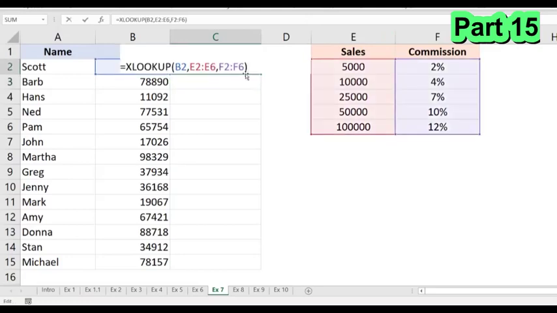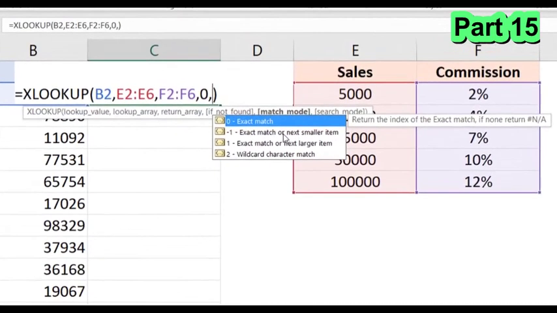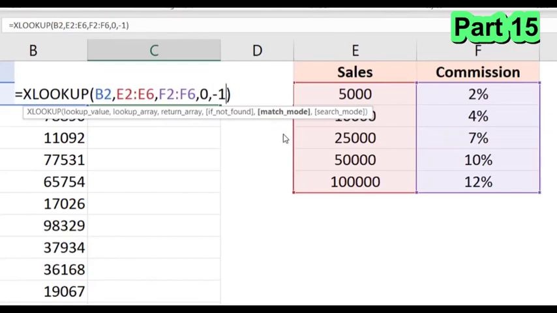So what I need to do is tell XLOOKUP that this is not an exact match, this is an approximate match. So I would go to the next argument. If not found, you can specify this to be 0 if you want, or you can leave it blank. And in the match mode, you specify that in case you cannot find an exact match, go to the next smaller item. And now when I hit enter,